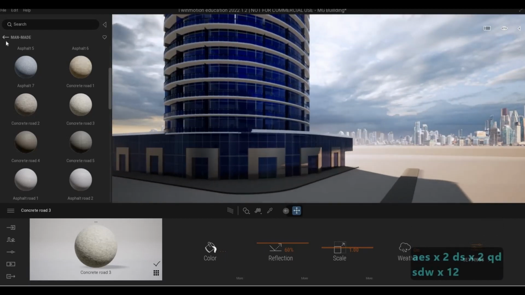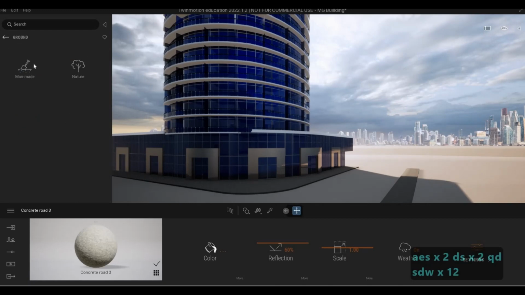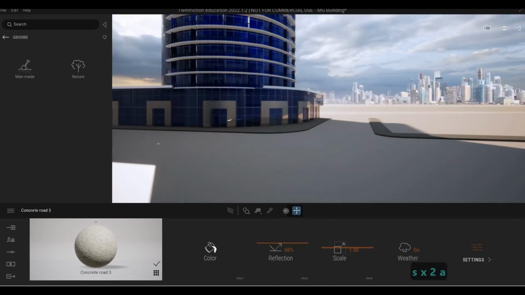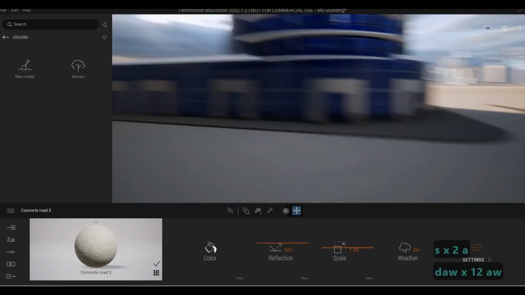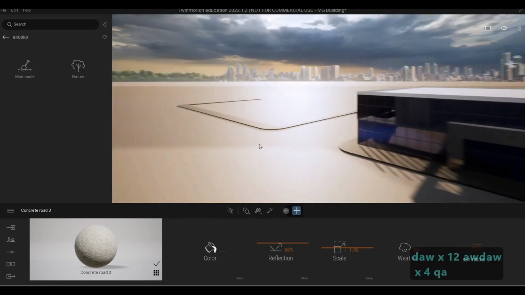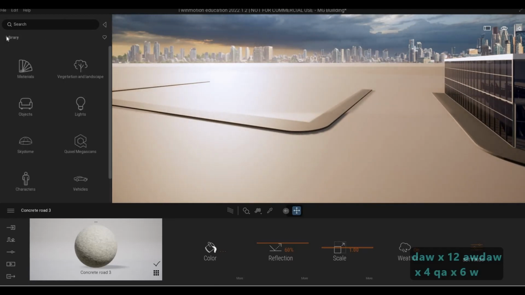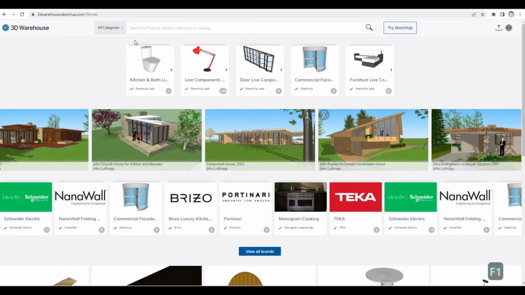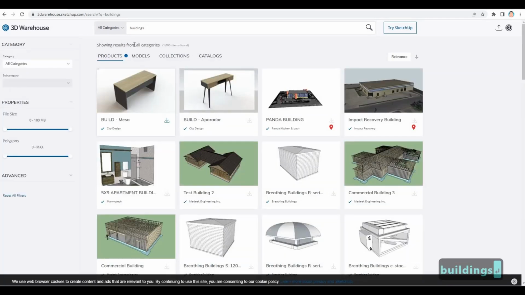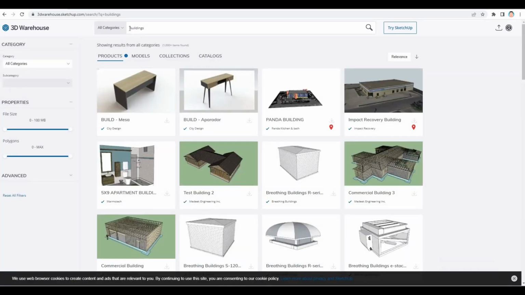And then let's add in some backgrounds. So we need some backgrounds here as well. So what you can do is for the background, you can go to 3D Warehouse. So just Google 3D Warehouse, which I did, and then you could add in models from here. So buildings, you could even click on modern building,